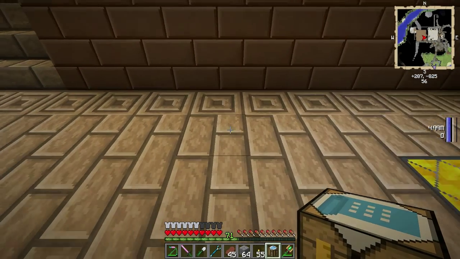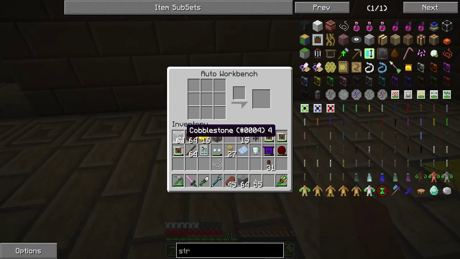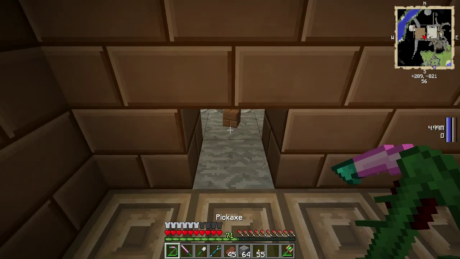So to autocraft things, there's 2 ways of doing it, and one of them is this thing, which is an auto workbench. Now if I put in the items and then I double them up, it will start to craft, but it is really slow. And I don't want to wait, so what I'm going to do is dig through this wall here,